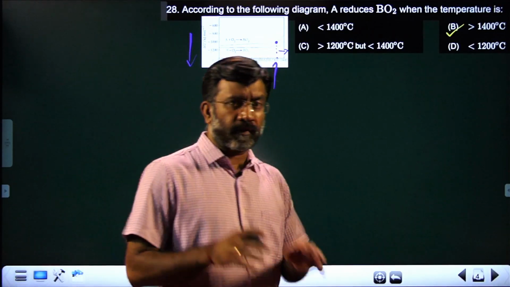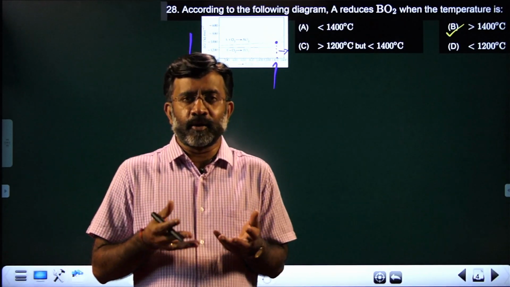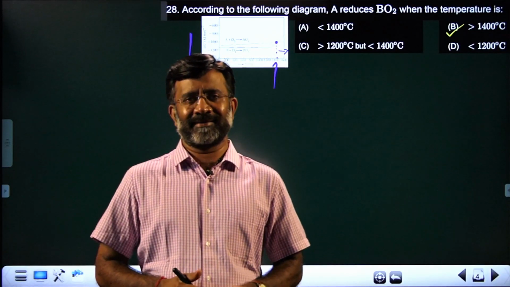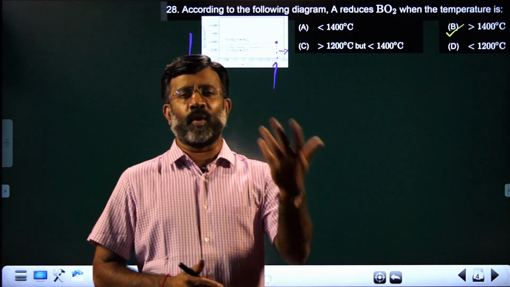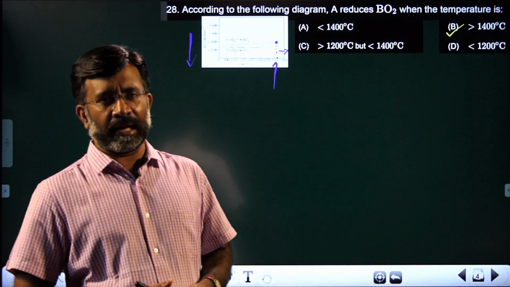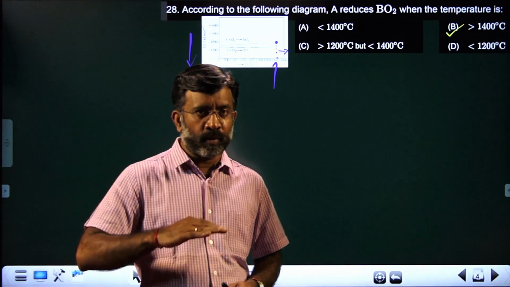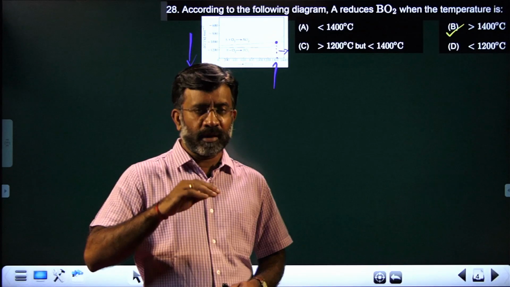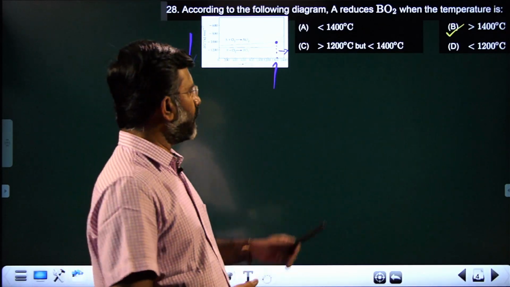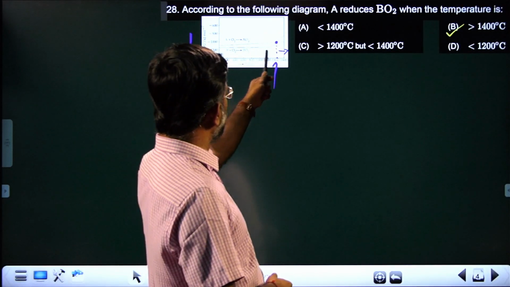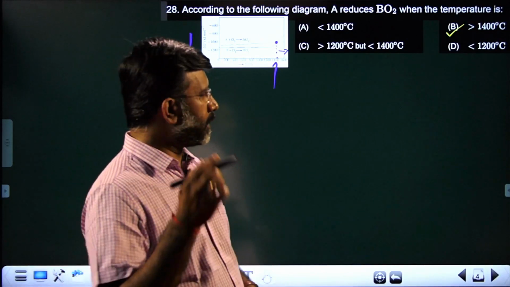Next. So what is the logic of the Ellingham diagram? The Ellingham diagram tells us who can reduce whom at what temperature. Which element, which species can reduce which oxide at what temperature. That is explained by the Ellingham diagram. According to the graphical explanation in the diagram, the graph coming down can reduce the species which are lying on top. So that happens for A and B oxygen beyond the temperature 1400 degrees Celsius, and that is the correct answer.